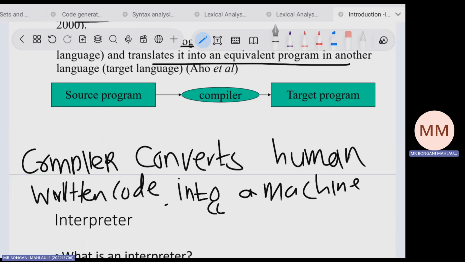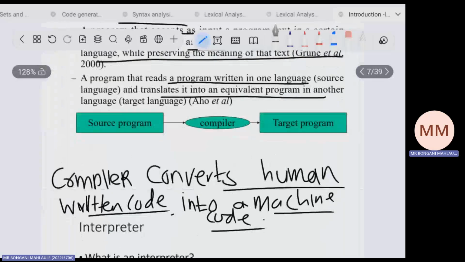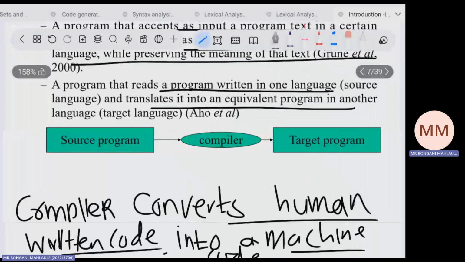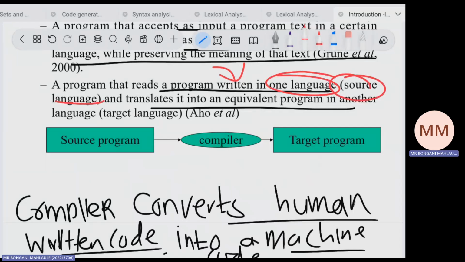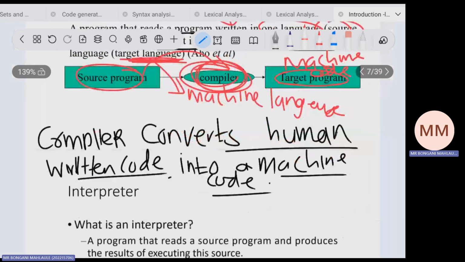So you can define a compiler in many ways, but this is also one of the definitions, and it's quite simple and easy. So you must just define it in an easy way, or you can decide to take this one. It's also fine. Convert one language, which is the source language, into the target language, or you can say machine language. So we know that your source code will be read by the compiler, and then our compiler is going to change everything into a machine code